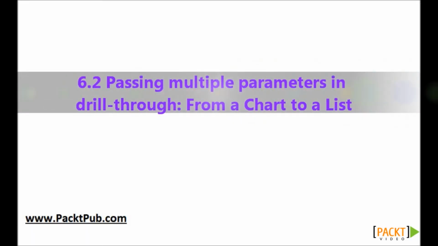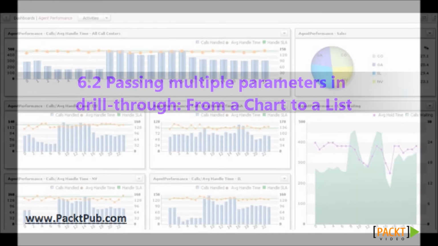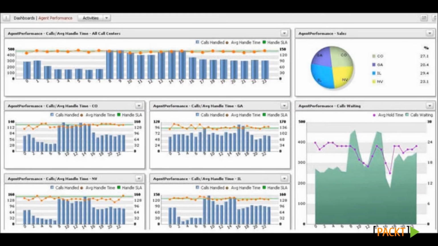Passing multiple parameters in drill-through from a chart to a list. You must have seen or heard of dashboard reports, or simply dashboards. Usually these are very high-level graphical reports that give a bird's-eye view of what is happening in all the areas. The audience of such reports are top management and stakeholders, and what they would like to then do is, if